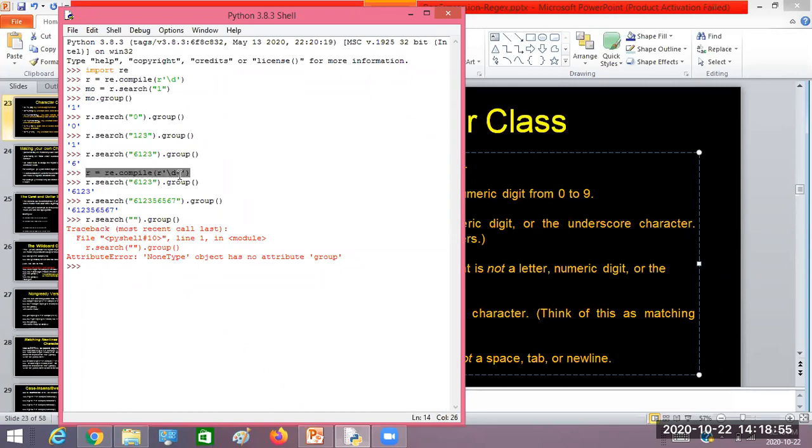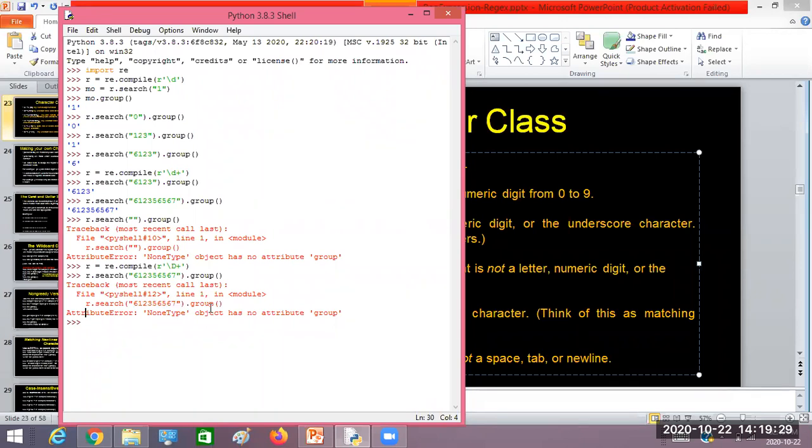Now we'll go for a different one. Now I'll write capital D, right? Now what is this one? Other than 0 to 9. Now if I execute this one, will it show any output or will it show an error message? Error, sir. Why error? Because 0 to 9 is non-numeric. So plus capital D is nothing but any character other than a digit, right? That's why it is showing an error message now.